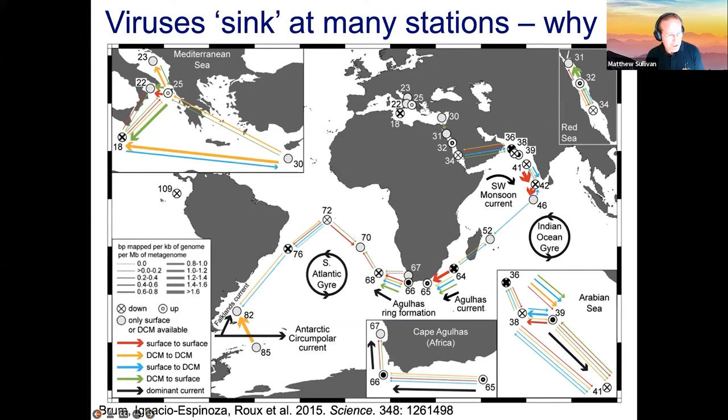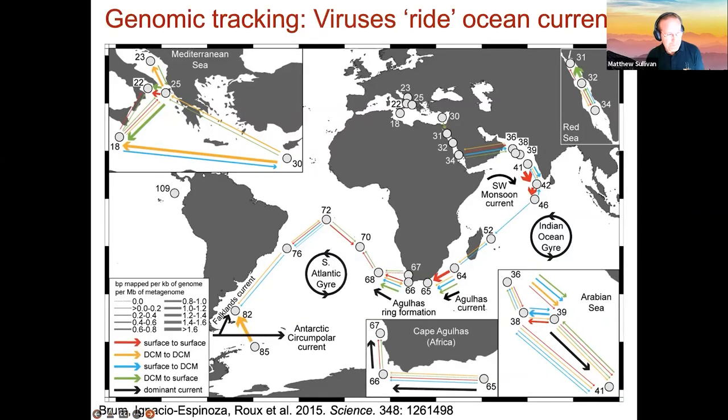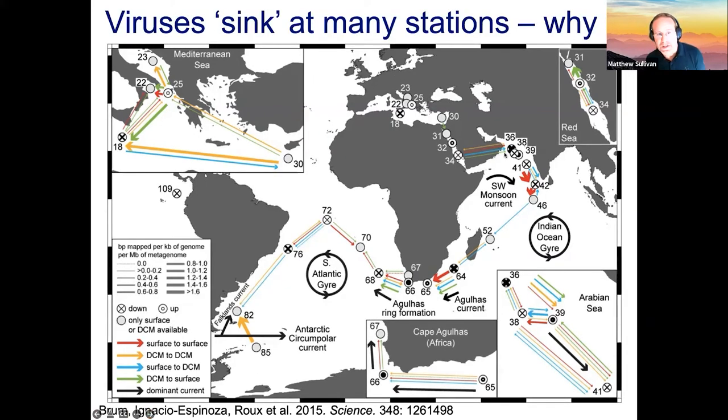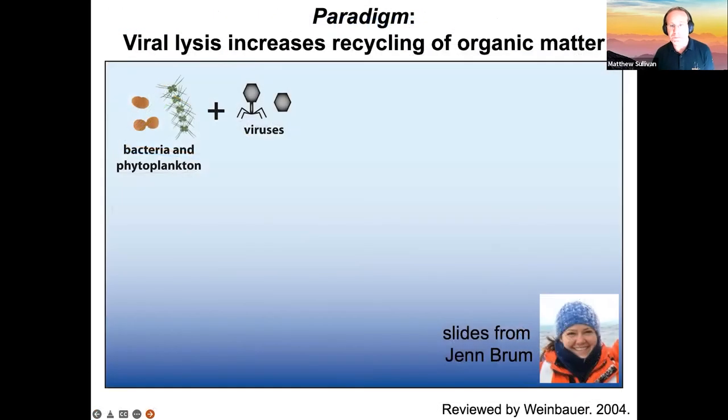And what I didn't tell you earlier was that we also saw at each station these X's. And so I'm just toggling back and forth. The X's are where viruses appeared to sink at each station. Now, that doesn't make any sense because viruses shouldn't sink. They have a low Reynolds number. So what could possibly be happening?